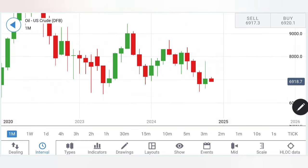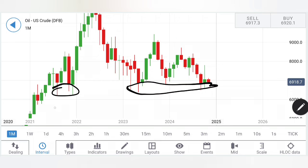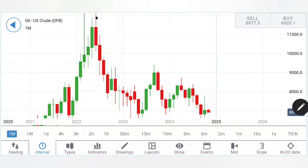Now, look at the monthly charts, very clear. You can find out this has definitely been a good support zone so far for last few years for crude oil here. And it has definitely seen none of the candles closing below 65 for the last 3 to 4 years. Now, what has happened interestingly so far for crude oil for last couple of years, after hitting the highs,